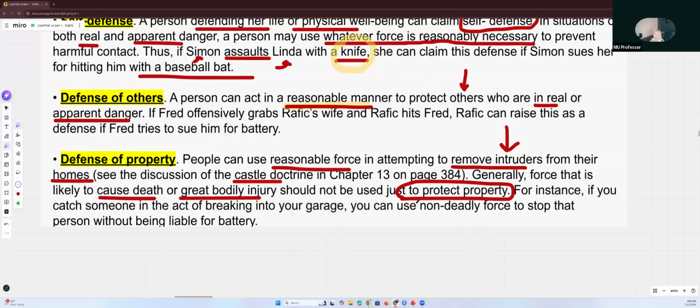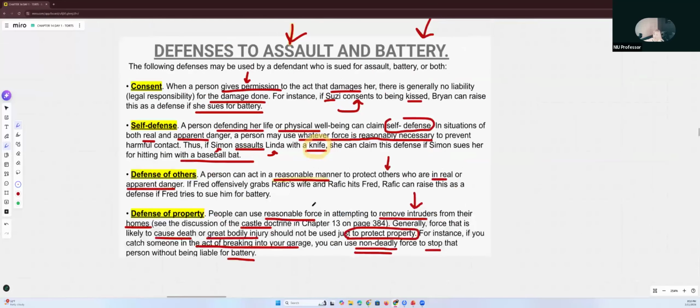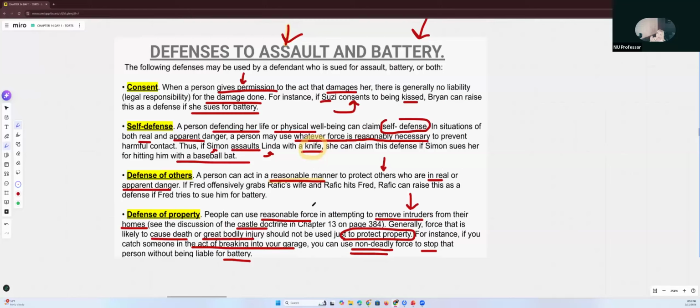Okay? For instance, if you catch someone in the act of breaking into your garage, you can use non-deadly force to stop that person without being liable for battery. Okay? Non-deadly force. So, we don't want to use anything more excessive than that. Okay? You can use this to defend your property, but it needs to be reasonable and non-deadly force at all times. Okay? All right, so those are some of the defenses that your client on the defendant's side can bring up for assault and battery. So we have consent,